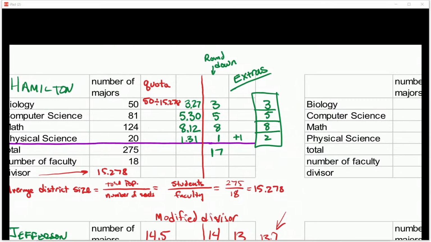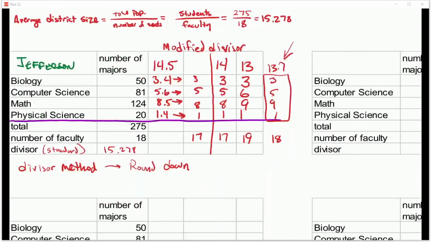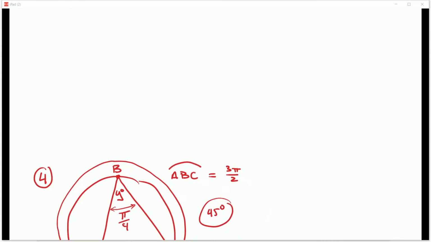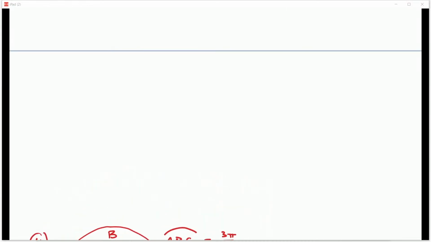So Hamilton and Jefferson, this is activity 10 and 11. I'll put it up on the screen here. Thank you so much. So this is the apportionment stuff, apportionment activities